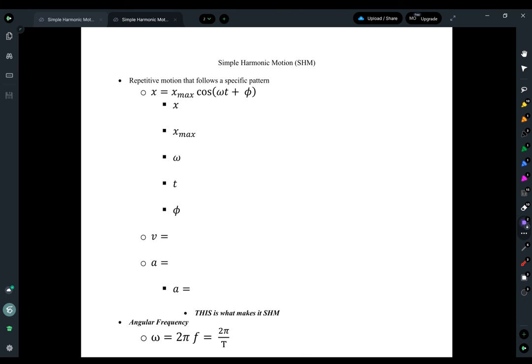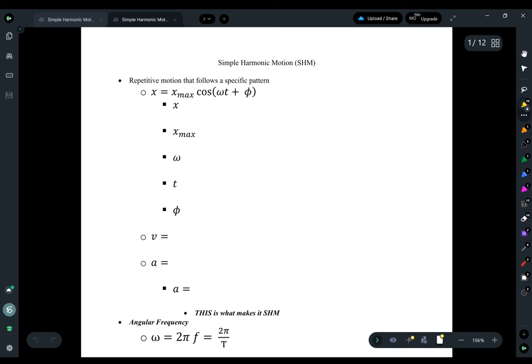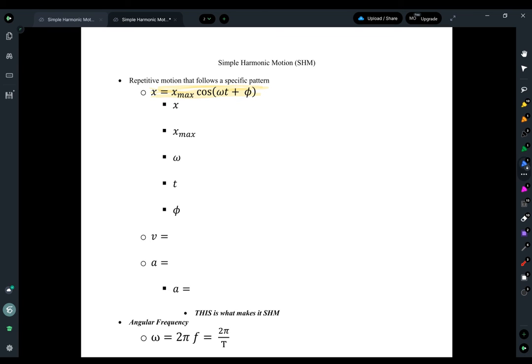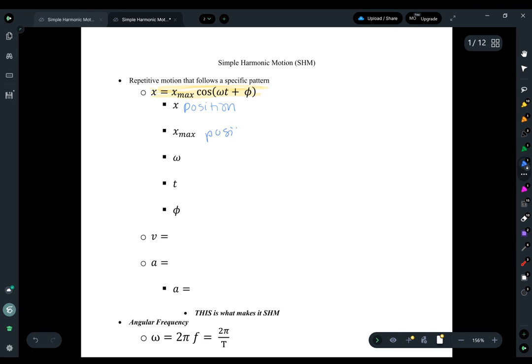So continuing on from our previous video that talked a little bit about how we saw that we had sinusoidal motion. In other words, we can describe the motion of the position of something in simple harmonic motion with a sine or cosine function. So here we have a function that is the standard for the equation of position of an object undergoing simple harmonic motion. So in this, what we have is x, the position, x max, the maximum position, otherwise known as amplitude,